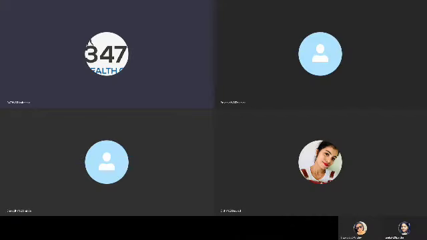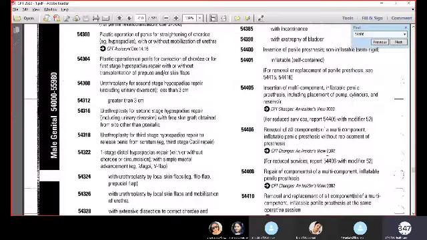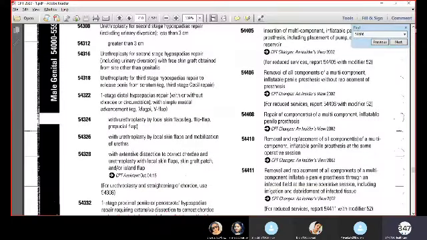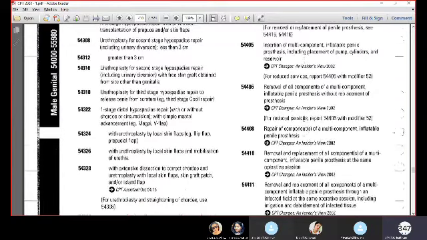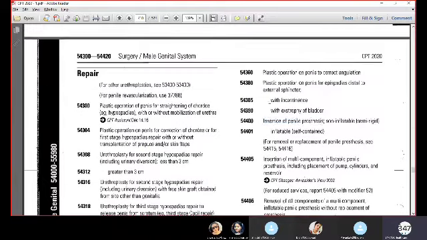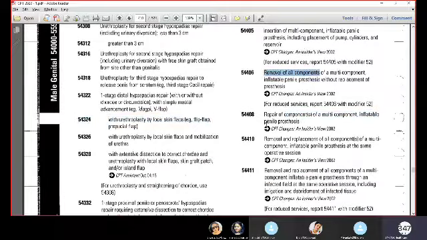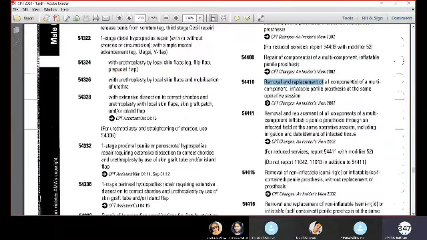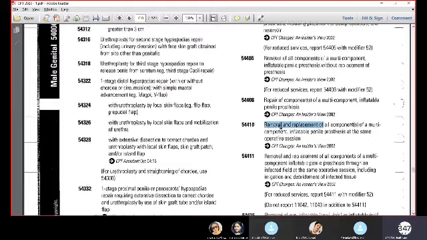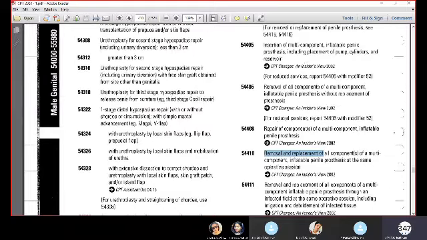While coming to the penile processes, you have to look carefully at what they are doing: insertion, removal, or removal and replacement. Here you can see insertion of the penile processes. This is also insertion, and this one is removal. This is the repair. This is for removal and replacement. So you have to look at what they have done: only insertion, removal, or removal and replacement.